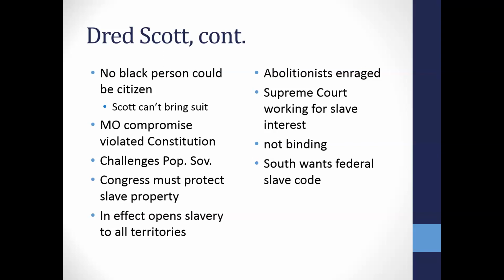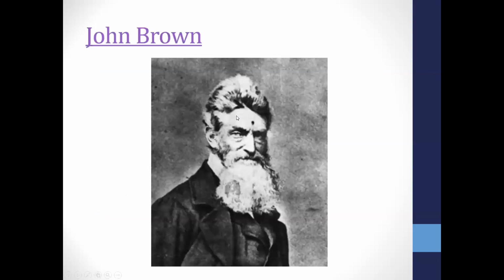Now, the South wants a stronger federal slave code coming out of this. That is a federal law dealing with the rights of slaveholders and the lack of rights for enslaved peoples. Now re-enter John Brown in late 1859, 3 years after that massacre at Pottawatomie Creek, in which he killed 5